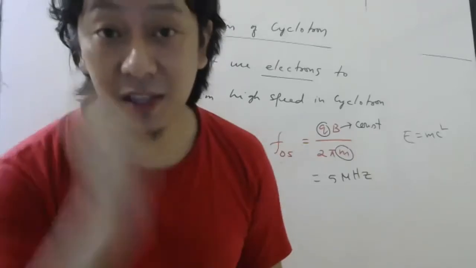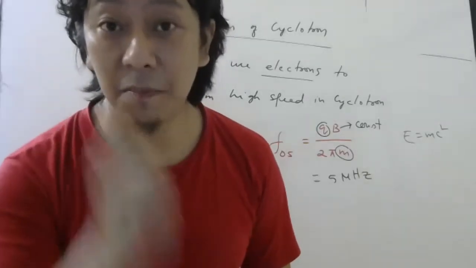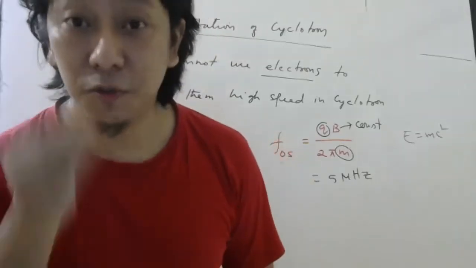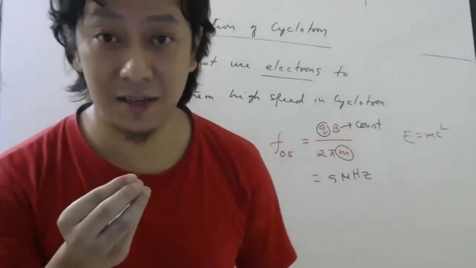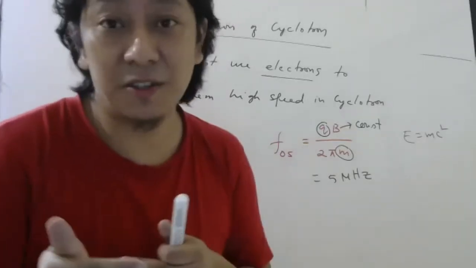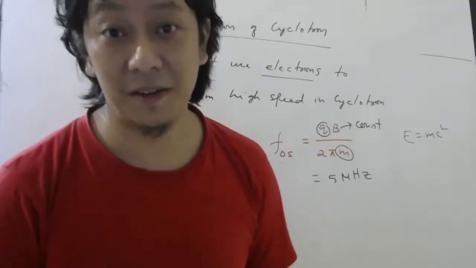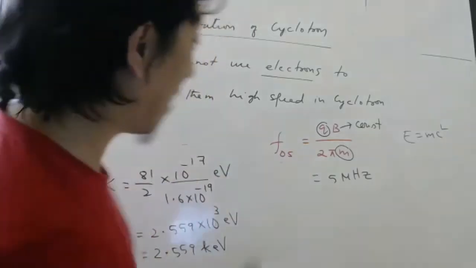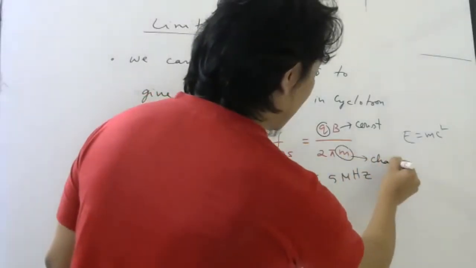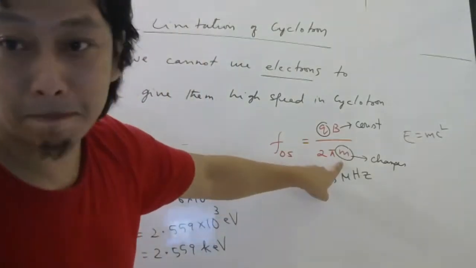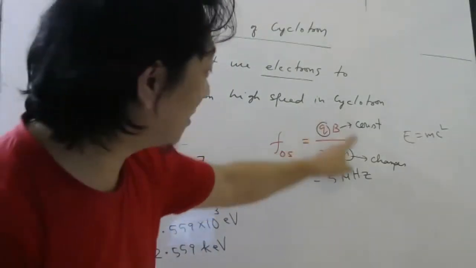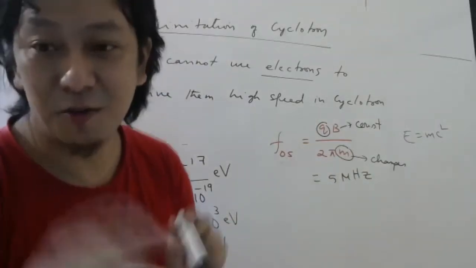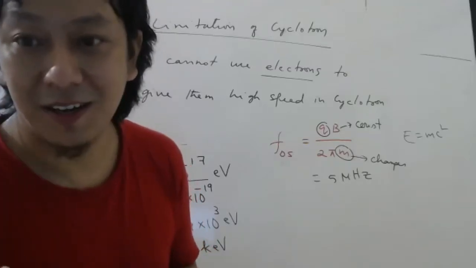Einstein discovered when things move very fast, their mass will increase. And the smaller the particles, the more the effect will be. So for electrons, which are very small in mass, when they move even a little fast, their change in mass is appreciable. It cannot be ignored. So since the mass changes, if this side keeps changing, then how can you keep the oscillator frequency fixed? You have to keep changing the knob. That is very difficult. Understood or not?